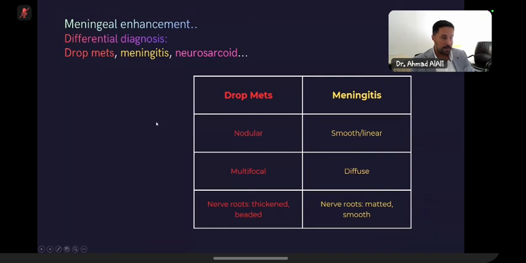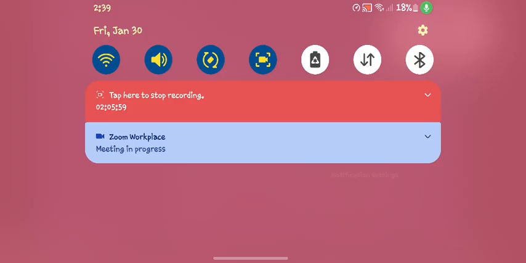The differential diagnosis in such a case, I would like to mention only two differential diagnoses for drop mets: meningitis and neurosarcoid. Let's focus on meningitis and compare it to drop mets and how to differentiate between them. Drop mets are nodular, as we could see, while meningitis causes smooth linear enhancement of the leptomeninges or the dura or